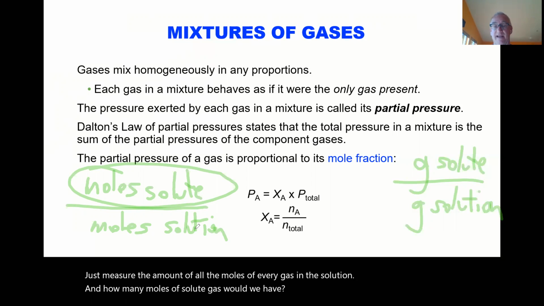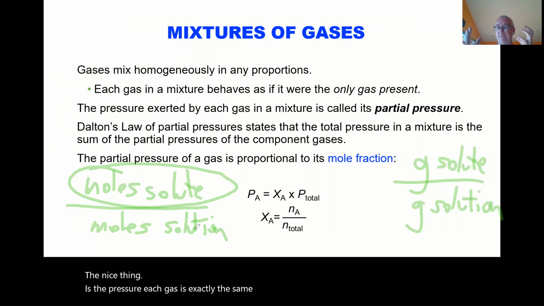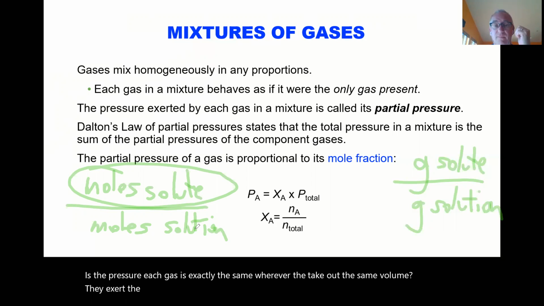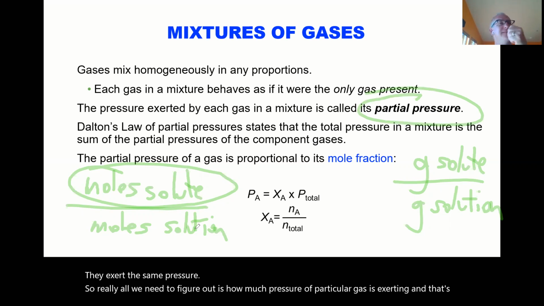Well, the nice thing is the pressure of each gas is exactly the same. Remember that they take up the same volume, they exert the same pressure. So really, all we need to figure out is how much pressure a particular gas is exerting. And that's called the partial